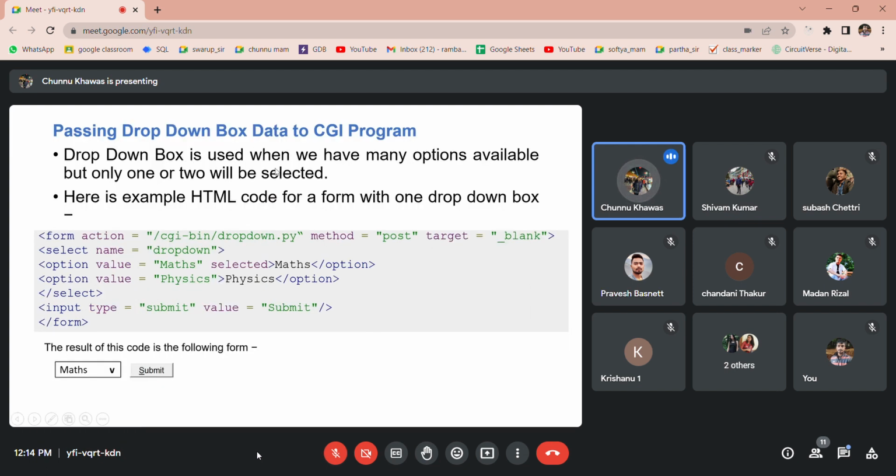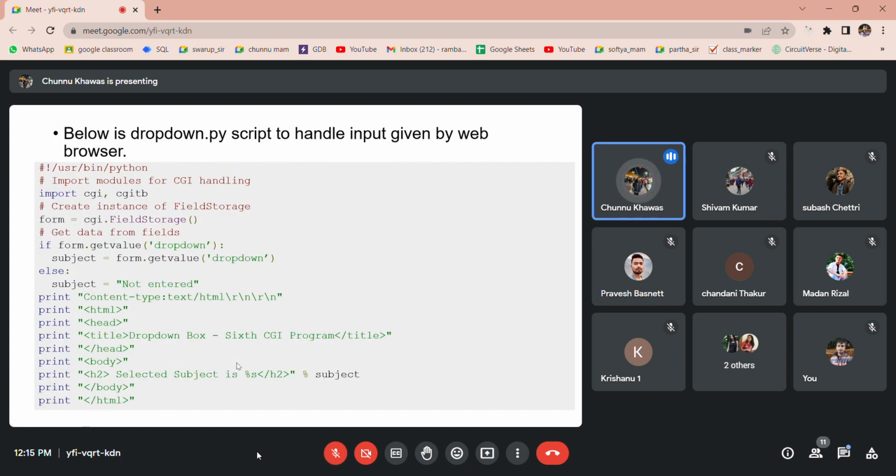The next is the drop down box in CGI programs. Your form's drop down means a list of data will be there, and you have to select any one. So the option drop down: what are the values of this? Math, physics. Okay, submit button. So your form will be